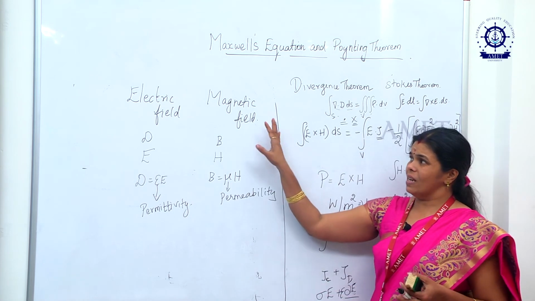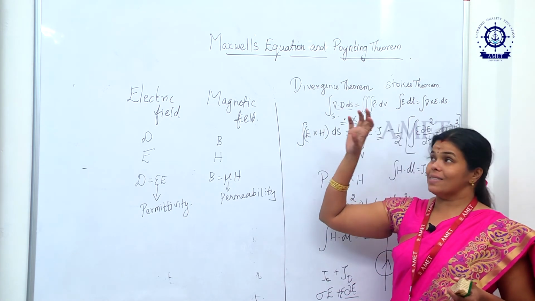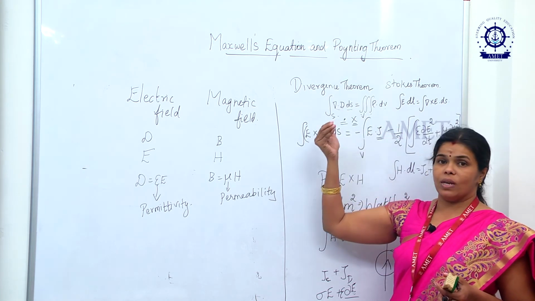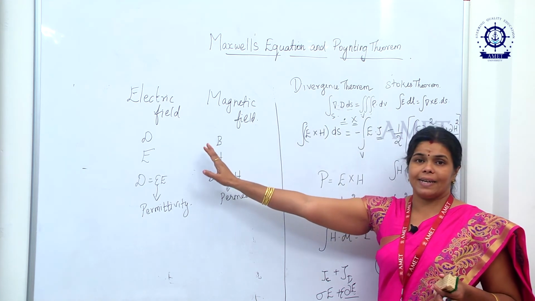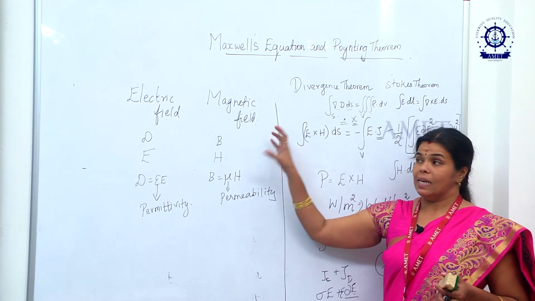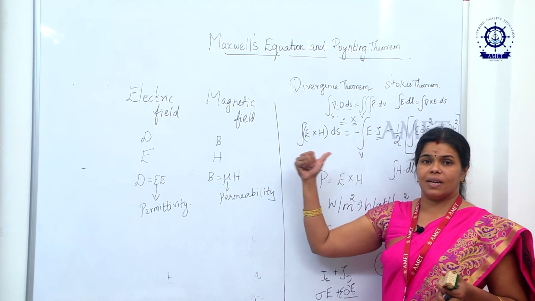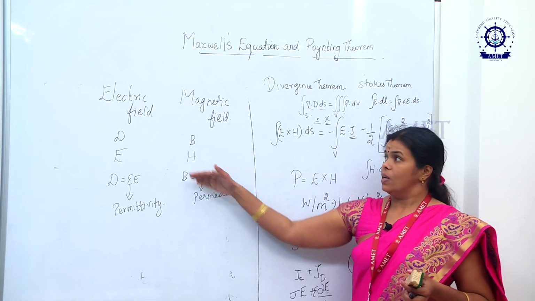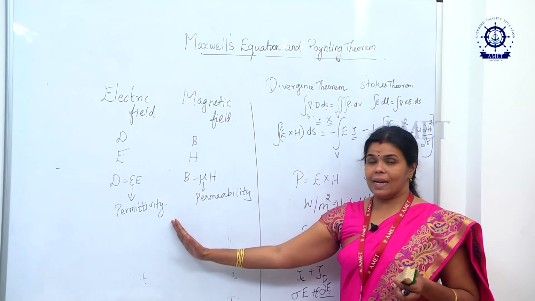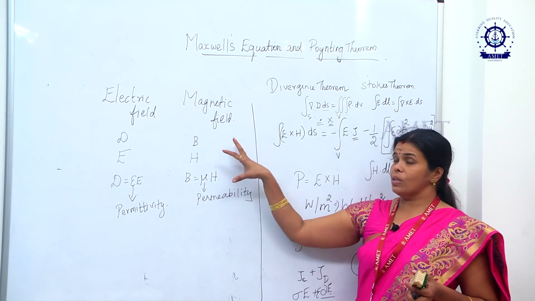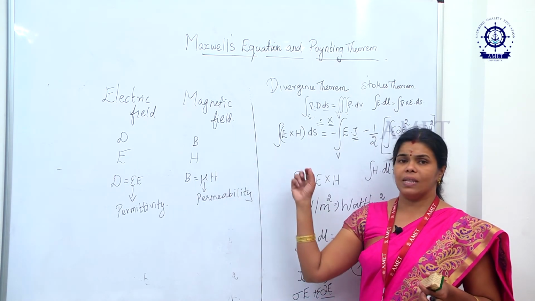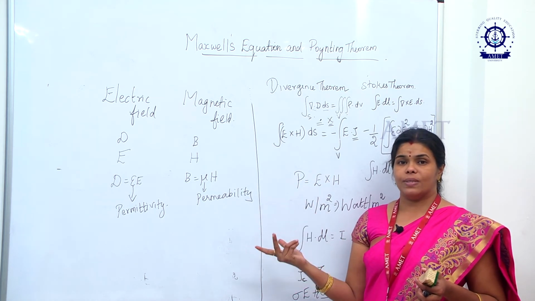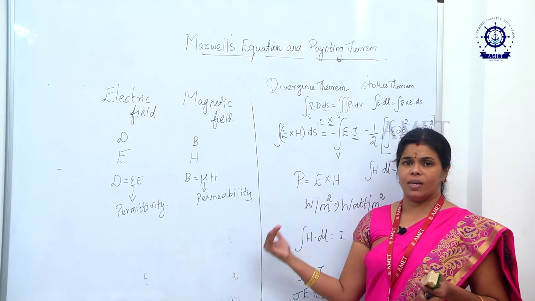These things are very important because in the last section the Poynting theorem is concentrating on the wave. Before coming to the wave, we have to know what the electric field and the magnetic field are separately, because a wave has both the electric field as well as the magnetic field. So initially we have the electric field, then we go through the magnetic field, and finally we are clubbing the electric field and the magnetic field. That is electromagnetic waves, or electromagnetic field theory.